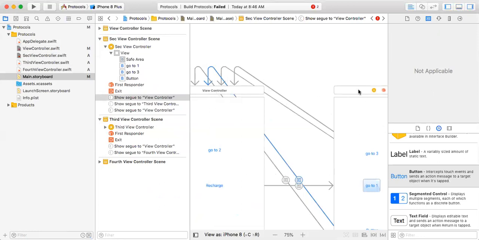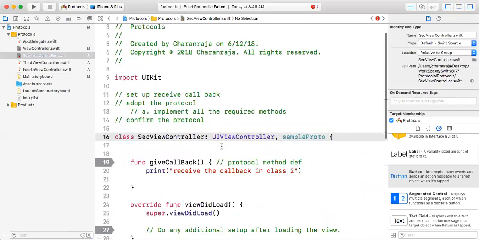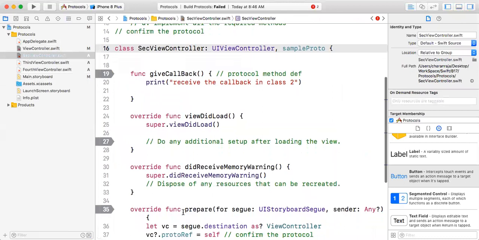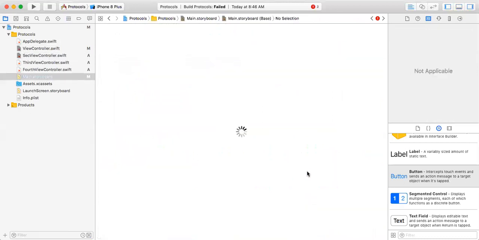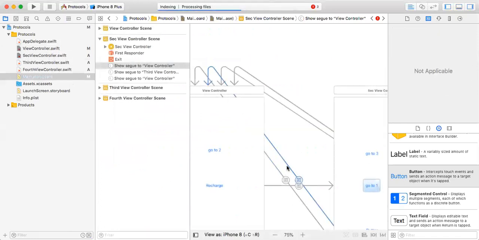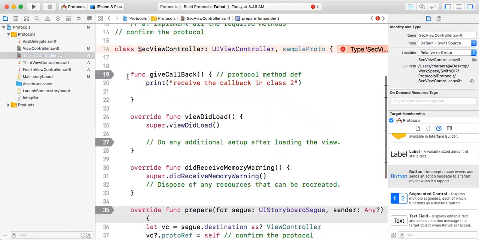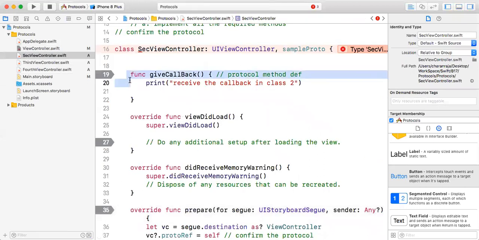How will I come to know in the coding? To come to know in the coding, I have implemented an inbuilt method called prepare for segue. So what is the segue I'm having here? What is the segue I'm having here? This segue I can access in the coding. Which one? This one. Okay. So here, wherever you are receiving your callback,